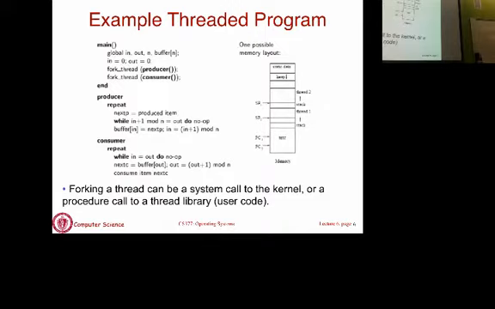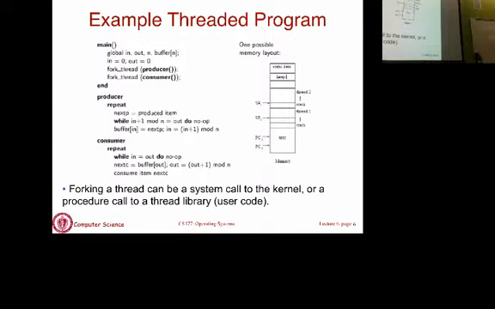Okay? And the code for the producer and consumer is still the same. The producer is simply producing a data item and sticking it into a circular buffer. The consumer pulls a data item from the circular buffer and does some processing on that data. So that part hasn't changed. You have a while loop where you increment the index into the buffer and stick the next data item in the buffer. In the consumer, you look at what you have consumed so far, look at the next entry in the array, and you consume it.